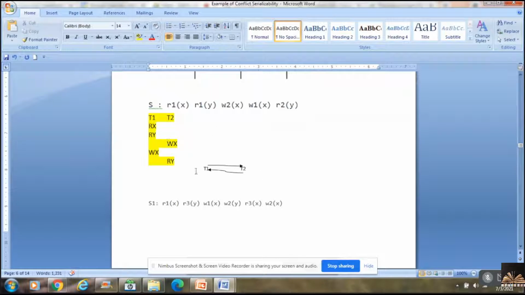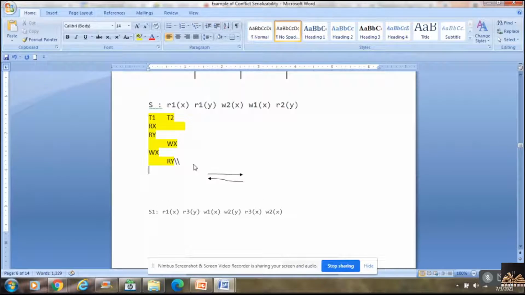I have to draw 2 vertices, T1 followed by T2.